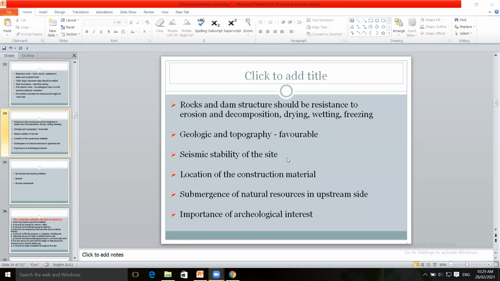Seismic stability of the site: whether the site is susceptible to earthquake forces is studied, seismic forces are analyzed, stability against the seismic forces is studied. In which earthquake zone it is situated, there are different earthquake zones, in which earthquake zone the dam is placed. Such a site is selected, it should be free from earthquakes, seismic forces, and it should fulfill the criteria of geological features, topographical features,